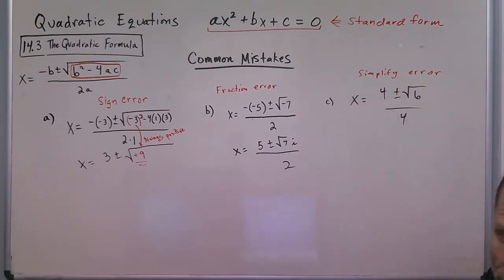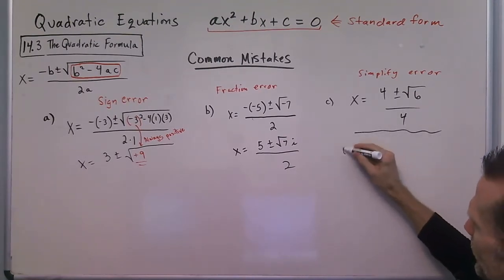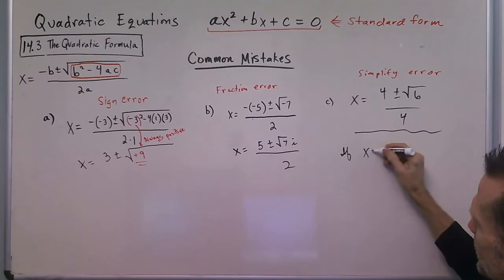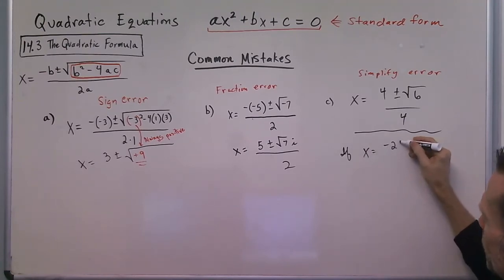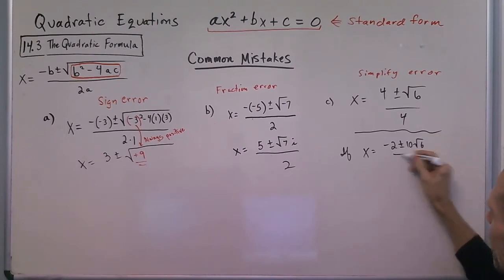At this point, the problem is just done. That's it, okay? And so just to show you another quick one here, if you had x equals -2 plus or minus 10 radical 6 over 4,